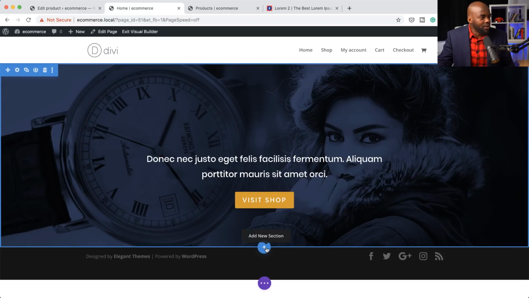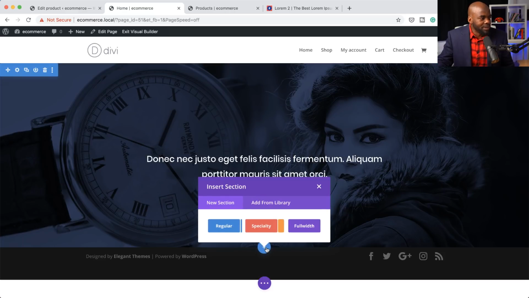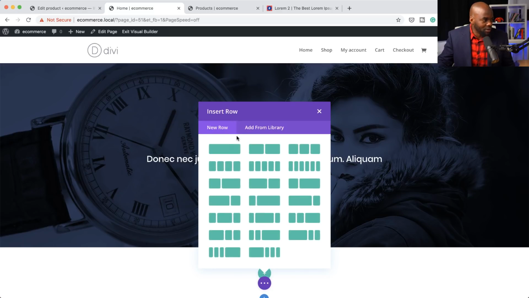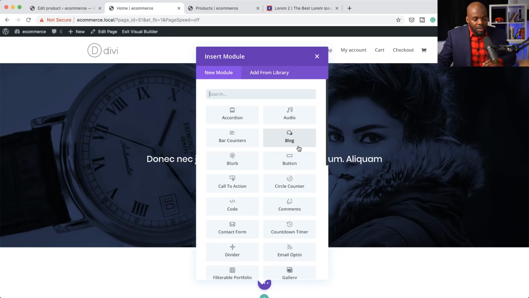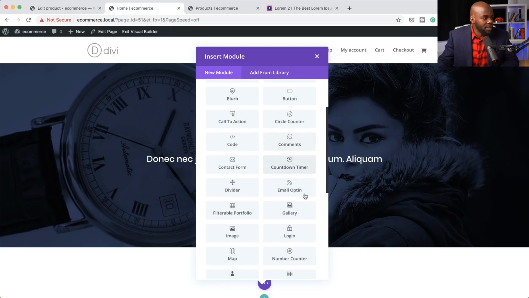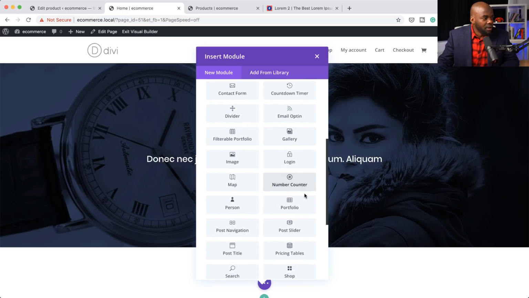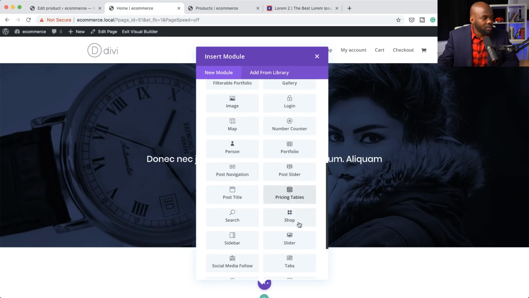So the next thing we're going to do now is to click on this plus button to add a new section. So I'm going to click here on regular. It's going to be a single column. So now that we've added all our products, what you'll notice here is if you scroll down, our WooCommerce products here are going to be shown